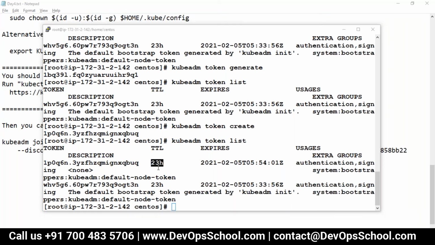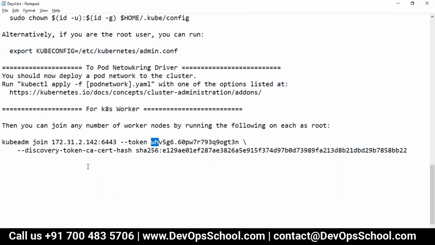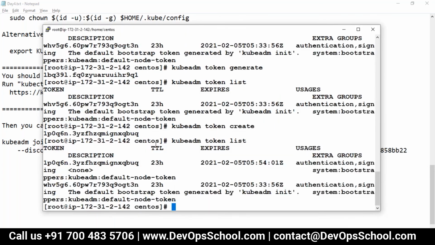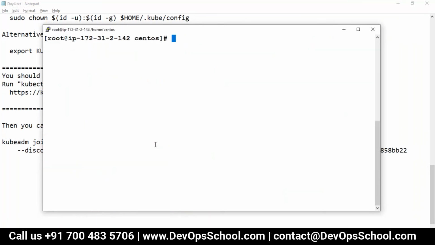Okay guys, what I did is I set up a cluster and I set up a worker, everything is done. Now we have only one task: write your YAML file and know what to write in the YAML file. That's all, nothing else. So now, this is the master, guys, just give me a few seconds.